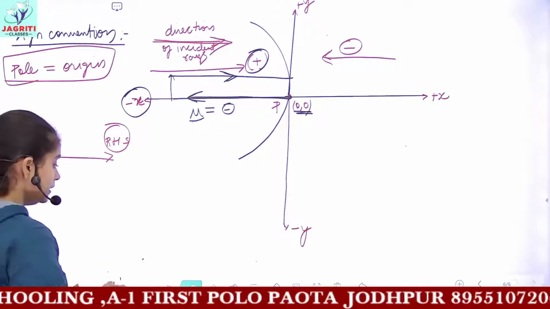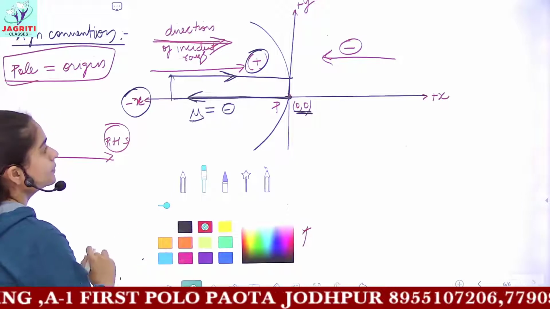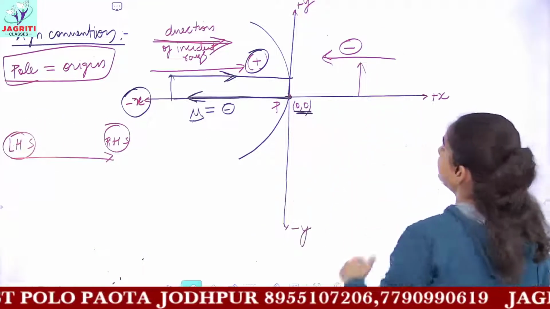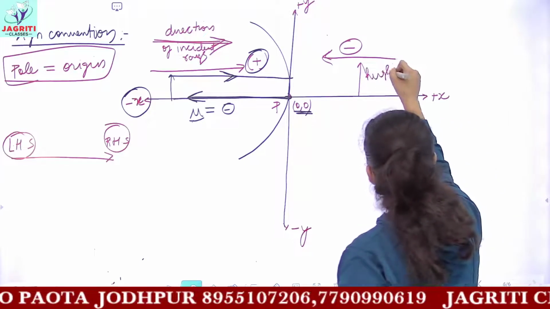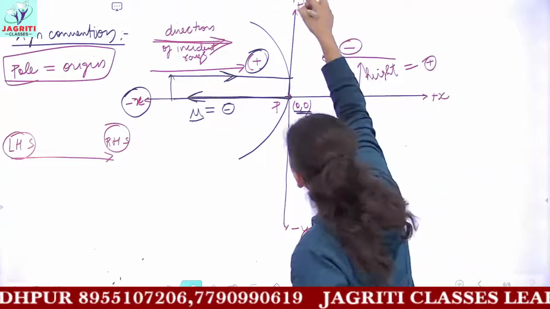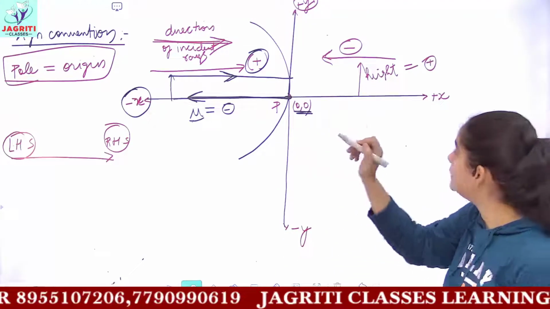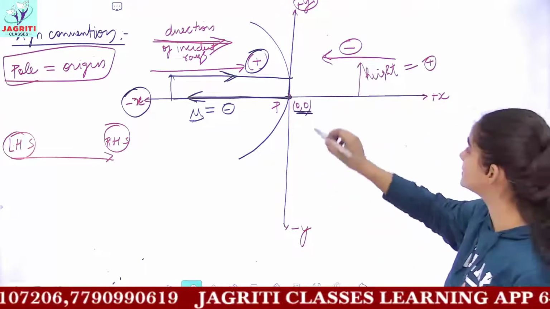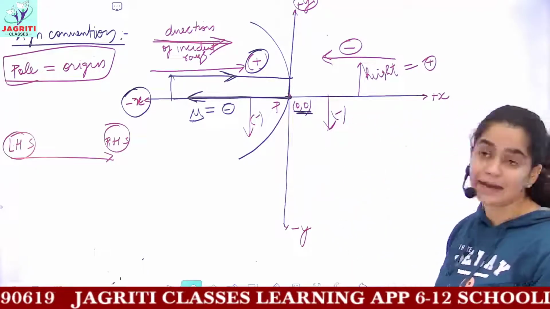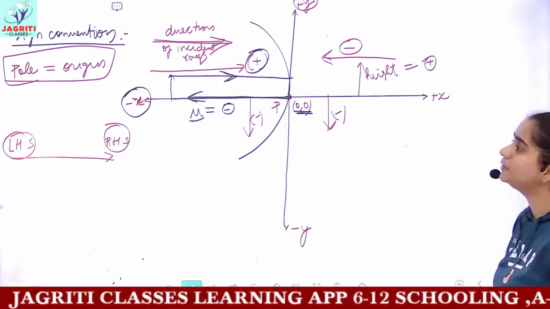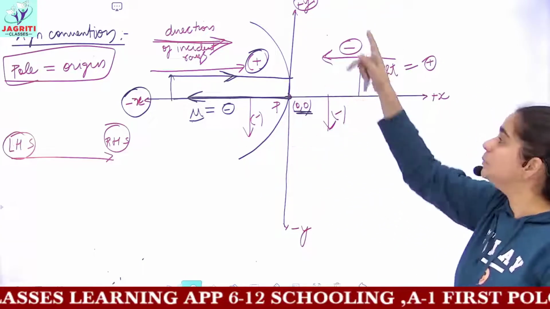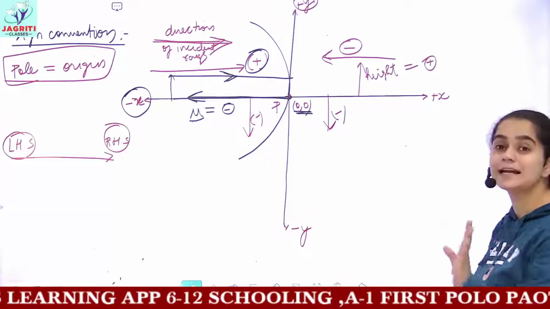Next is about the height. All the heights of things present above the principal axis are taken to be positive, because they are present on the plus y-axis, and everything present below the principal axis is taken to be negative in height. So you can easily remember that according to the Cartesian system, plus and minus x, plus and minus y, you have to decide their directions.